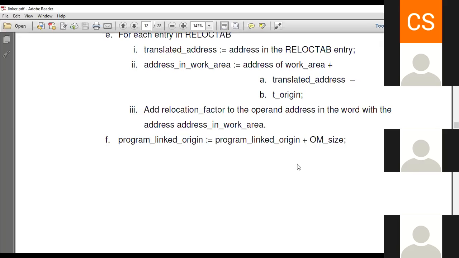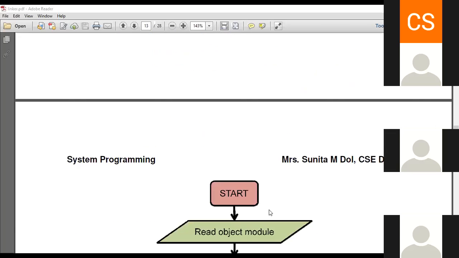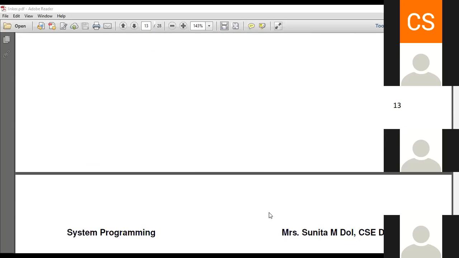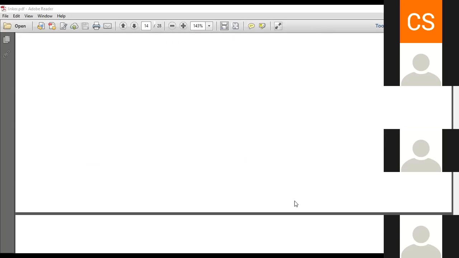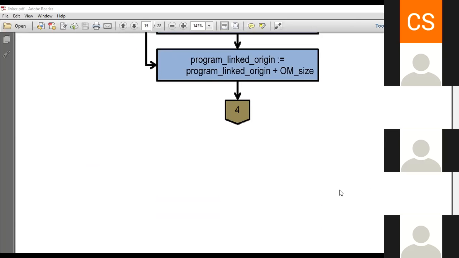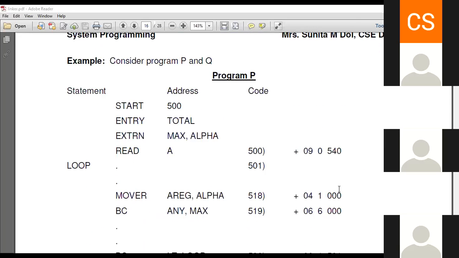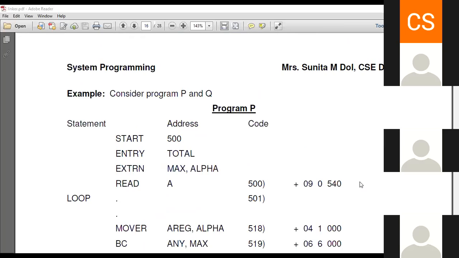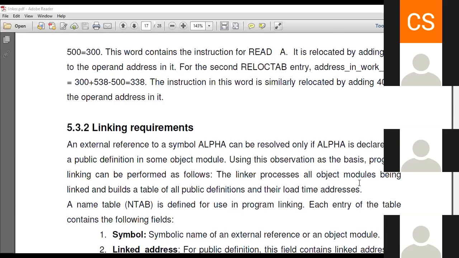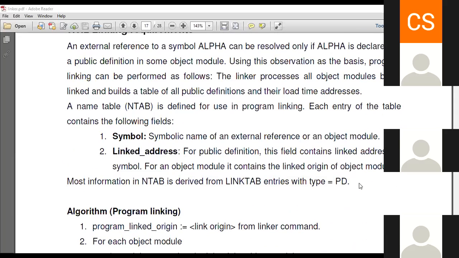Yes, sir. Okay. Now we will go to the program linking algorithm. So in the consider program key, okay, linking requirements.